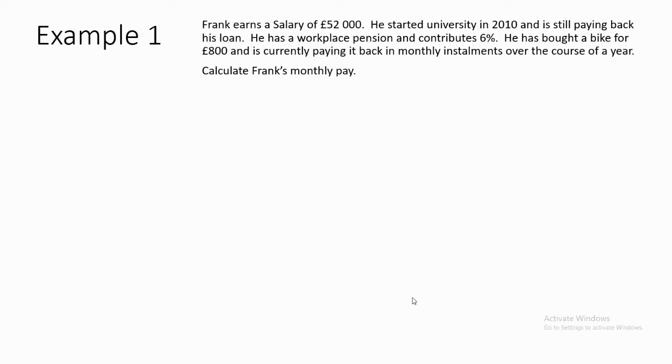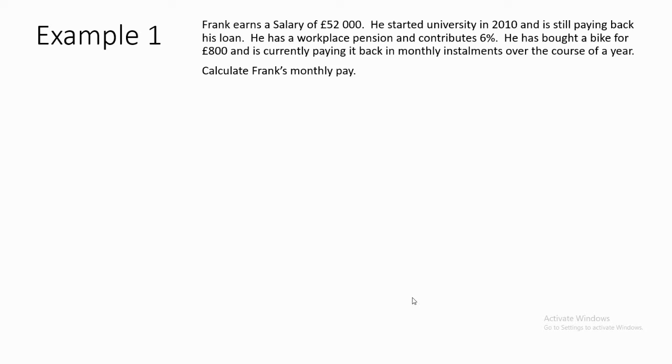Right, example number 1. Frank earns a salary of £52,000. He started university in 2010 and is still paying back his loan. He has a workplace pension and contributes 6%. He has bought a bike for £800 and is currently paying back in monthly instalments. Okay, so